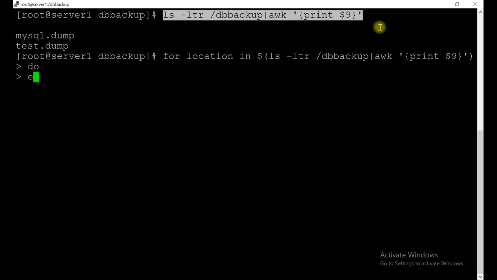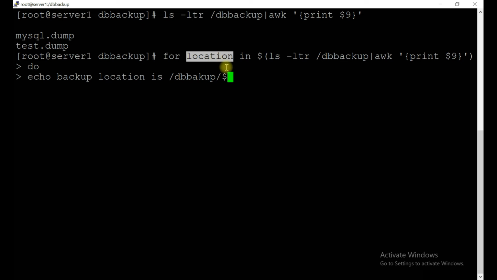Do echo backup location is dollar, and the backup directory, /db backup/ dollar location. Okay, this is a variable.